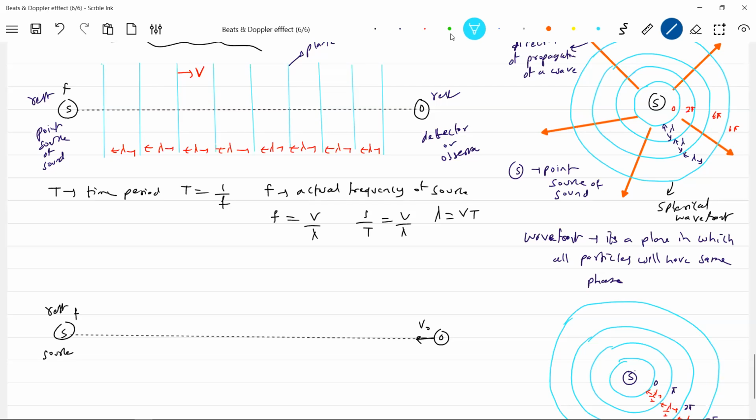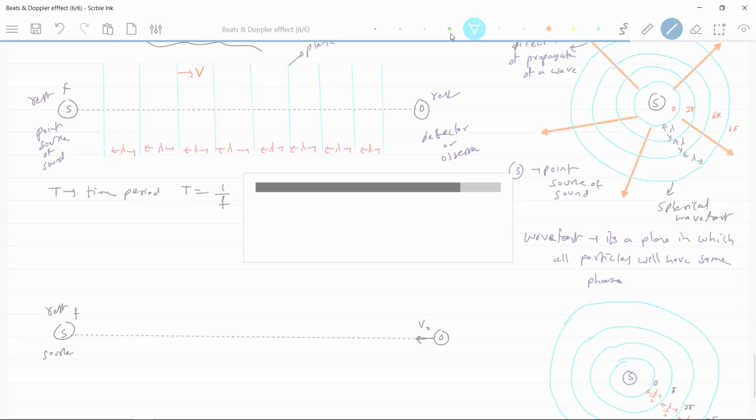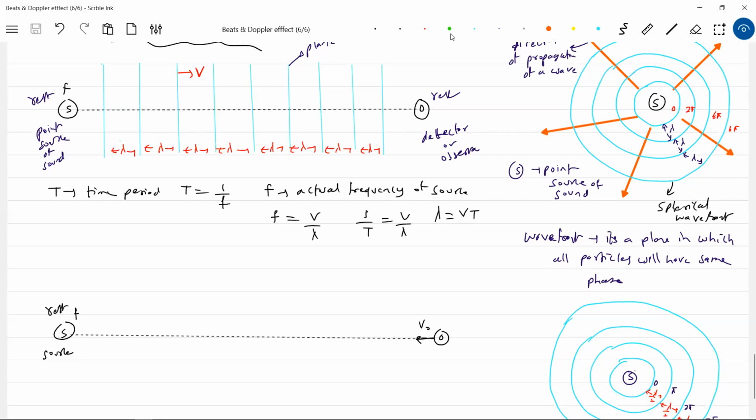It's a kinematics one, nothing to do with the physics much, the waves and sound concept. Anybody answers? What happened to the distance between the dusters now? The physics teacher for every 2 seconds is throwing one duster, and the dusters are thrown with a certain velocity v. If you are at rest, for every 2 seconds one duster will come and strike with a speed v. If you start moving, tell me what will happen. The distance between dusters will change. Anybody wants to answer? Will the distance between dusters change?